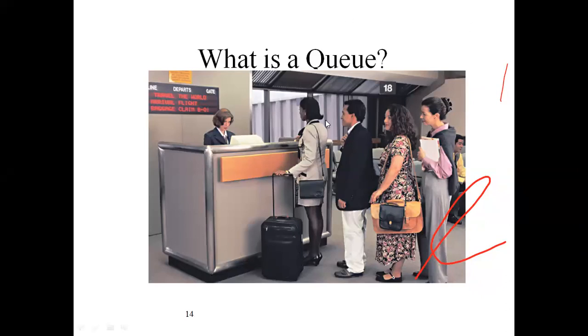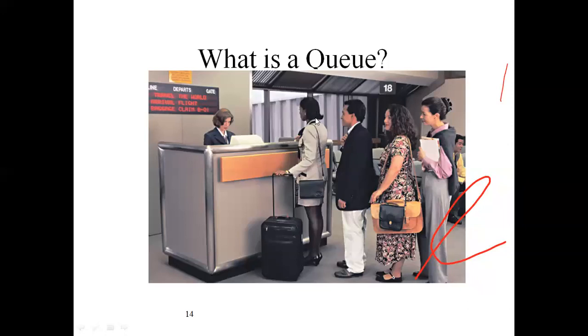See here, in the airport inquiry, all of them are standing in a queue. The first lady carrying the trolley, you can see the picture I'm sharing in the PPT. The first lady standing before the receptionist will access the information first. After that, the next person, after that, the next person. This is the procedure that you know in a general queue.